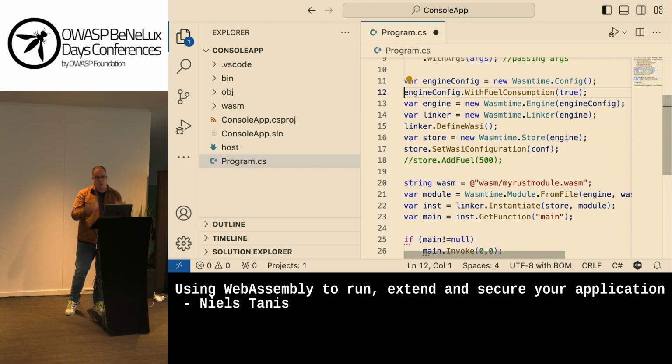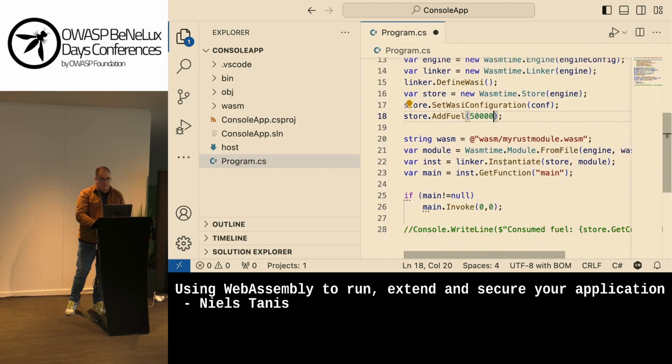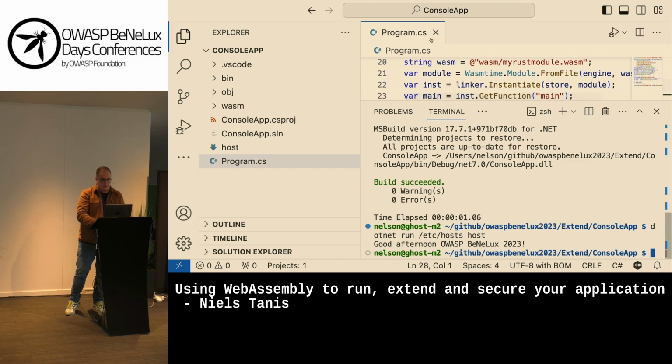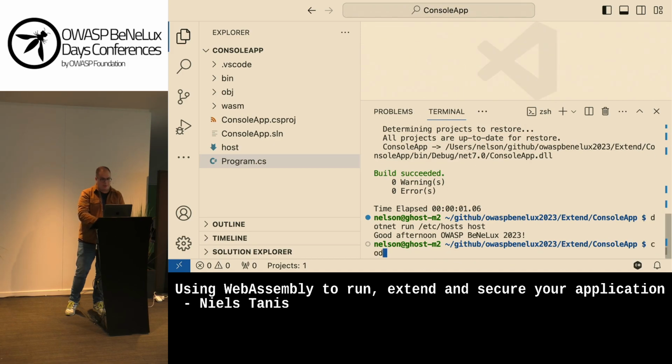And each tick will consume a certain amount of fuel. And we can say, okay, let's limit this runtime and say it can do 50,000 fuel executions, and then it needs to stop. So if I now make sure I save it by closing the file and say .NET build and run it again,